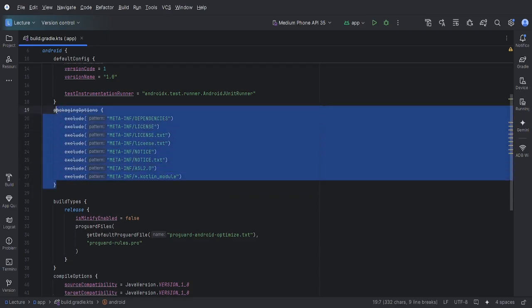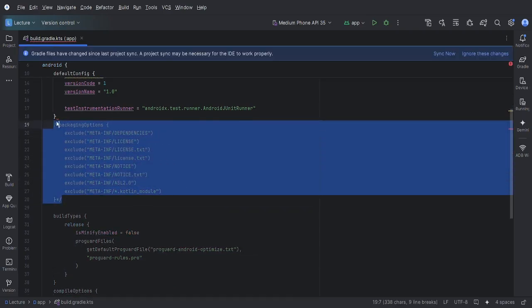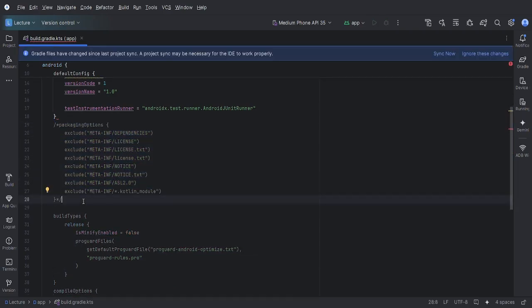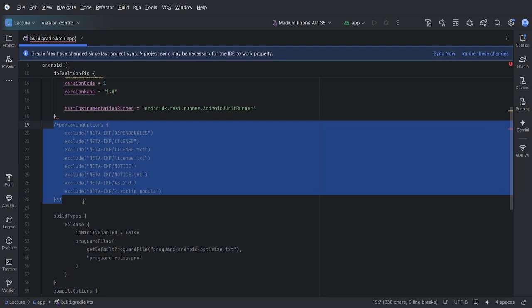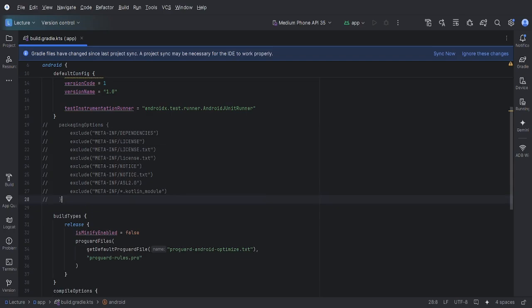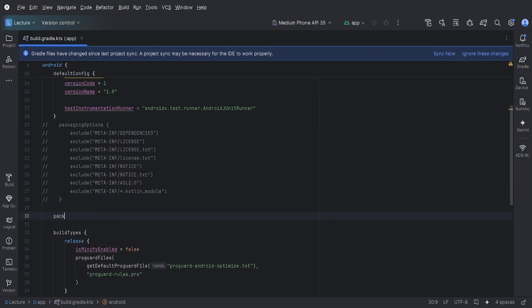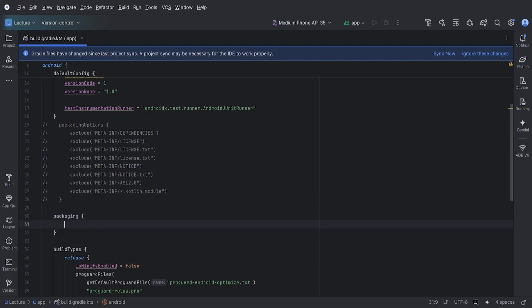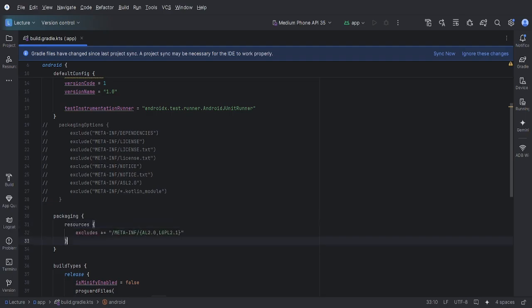First, let's comment this. Okay, and we would use packaging here and select this one, and look at this. Now, whatever we have used here, we can use it here